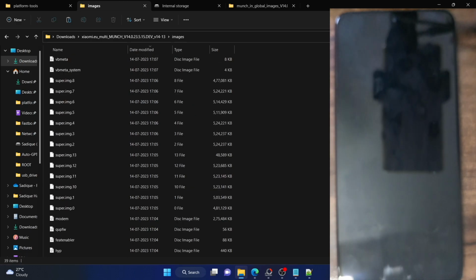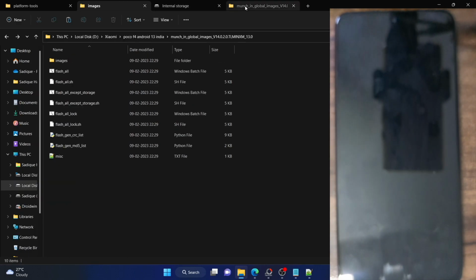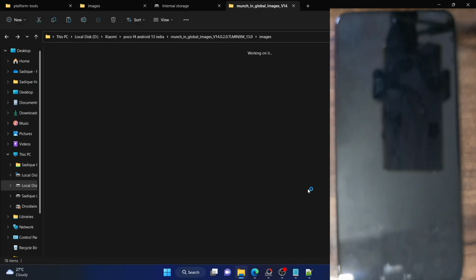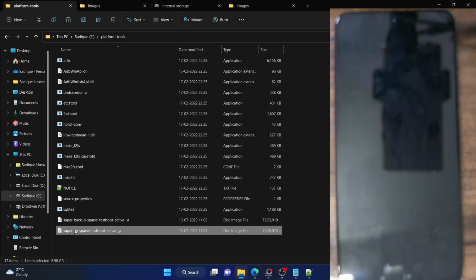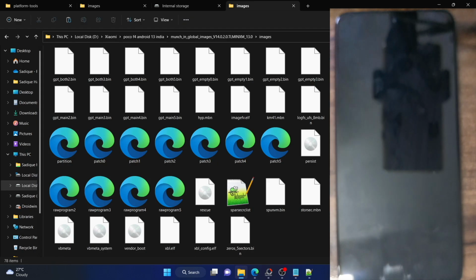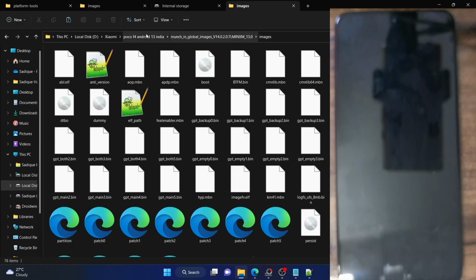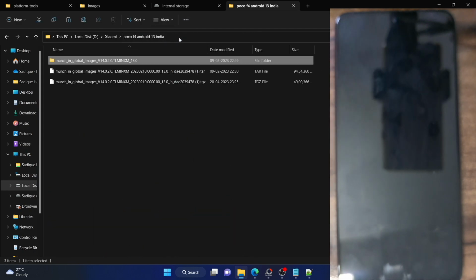If you are using the stock global or Indian version, then simply go to the images folder, remove the stock super partition, and paste the super RW partition that we got after carrying out the task on our phone. Finally, please make sure to rename the file to super and paste the file here. This is because in case of Xiaomi, in the flash file,